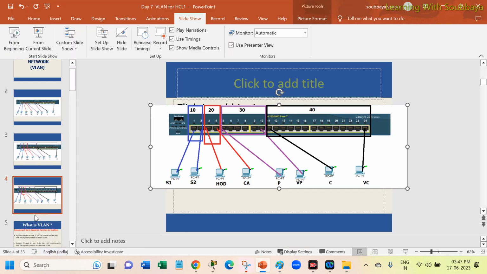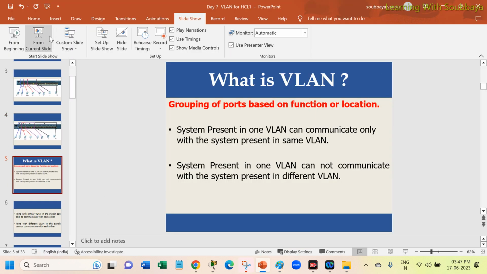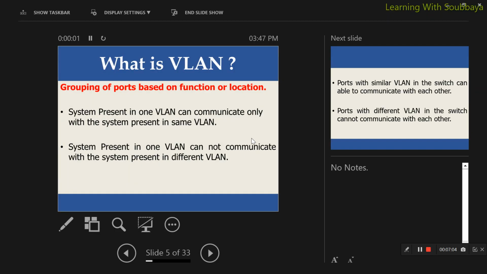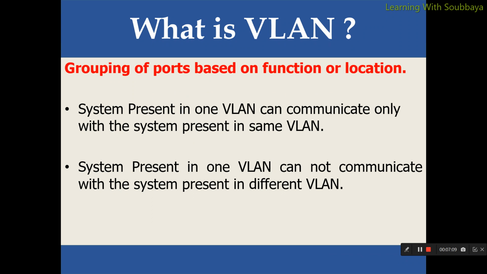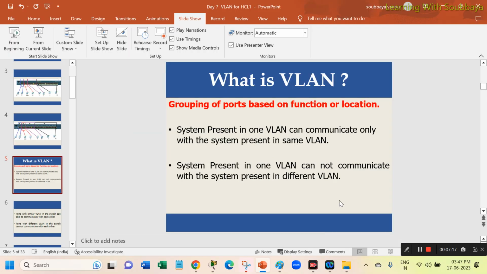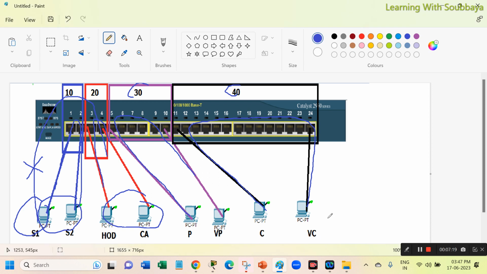So we understood the definition of VLAN here. VLAN is nothing but grouping of ports based on function or location. When I say location, for example, I can assume